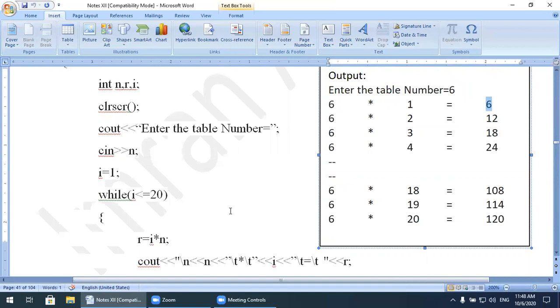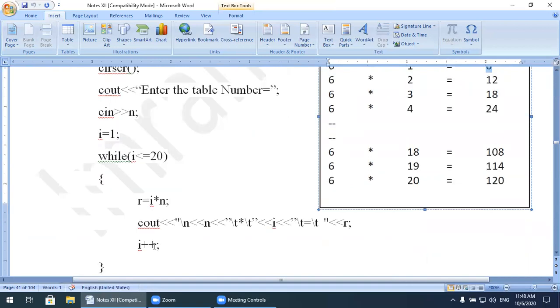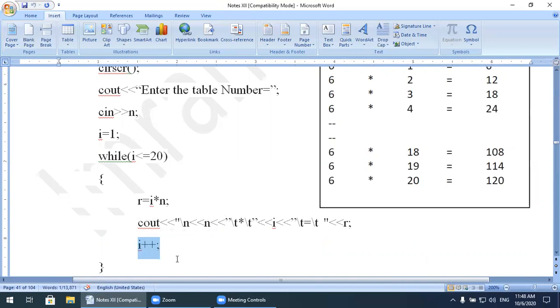When the loop is executed the first time, it will increase the value of i by i plus plus. If the value of i was 1, now it will be 2. Now 2 is less than 20. Control comes again over here. 2 multiplied by 6. n is the constant value 6, but the value of i has changed. 2 multiplied by 6 will be 12.